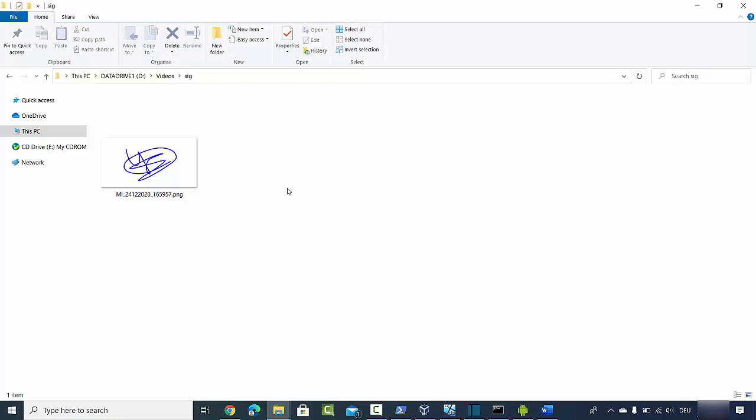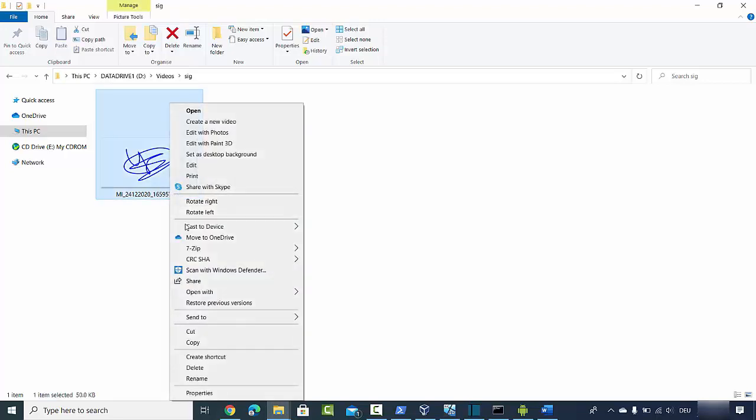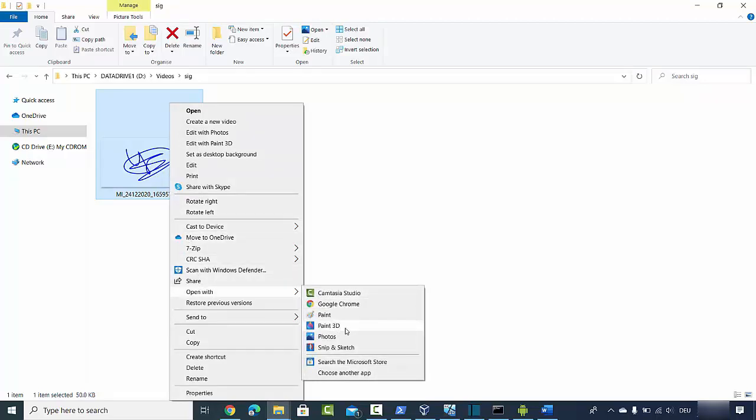Once you have transferred your signature file to your Windows or Mac operating system, it's going to look like this. You can open this with, for example, the Paint app or Paint 3D app, and you can resize it also. For example, I can open this signature using the Paint 3D app on my Windows operating system, which comes by default on Windows 10.